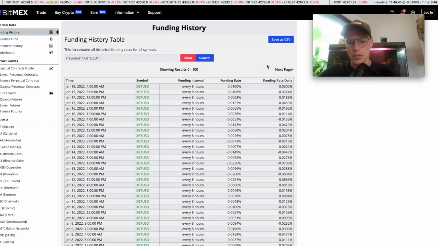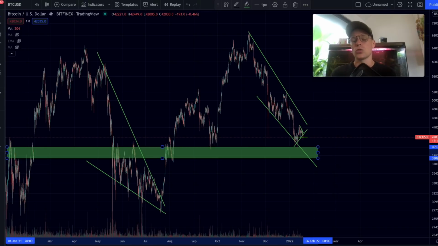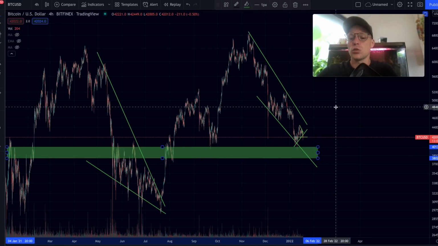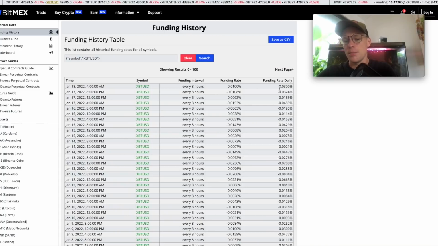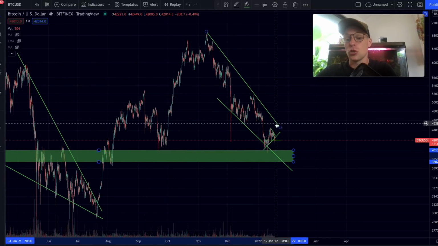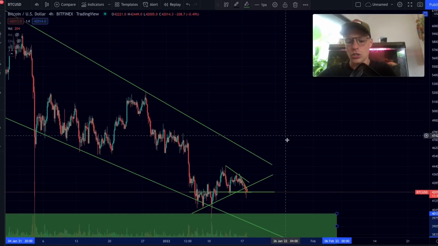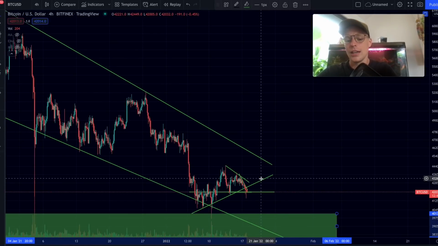Also, when we have a look at the funding rates right now, the funding rates are slightly turned positive again, which means that there is a balance between longs and shorts. And normally what we want to see is a clear market with a clear majority of shorters in order to see the bottom in the Bitcoin price and to see bullish price action again. And right now with slightly positive funding rates, this is a metric you want to be watching, right? So this can change anytime, but right now with positive funding rates, it does show me that there might be some more downside for Bitcoin, in combination of course with breaking that uptrending support that I have been pointing out